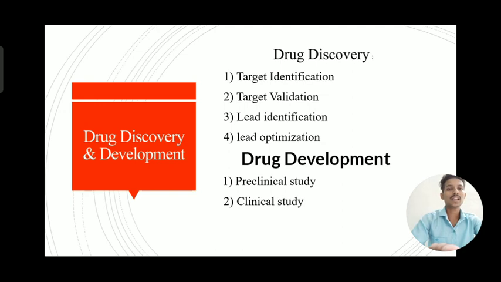Then the next phase is phase 3. It is a therapeutic confirmatory trial. Target population, several hundred to 3,000 patients, are used. The duration of this phase is up to 5 years. It is to establish the efficacy of the drug against the existing therapy in a large number of patients, the method of use, and to collect safety data, etc.